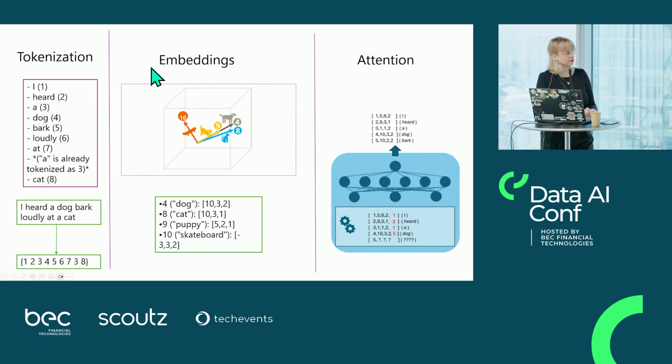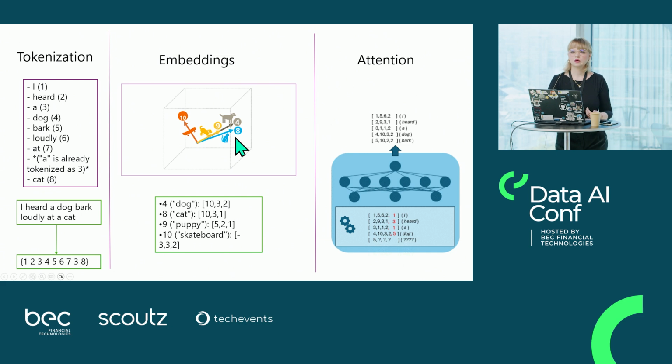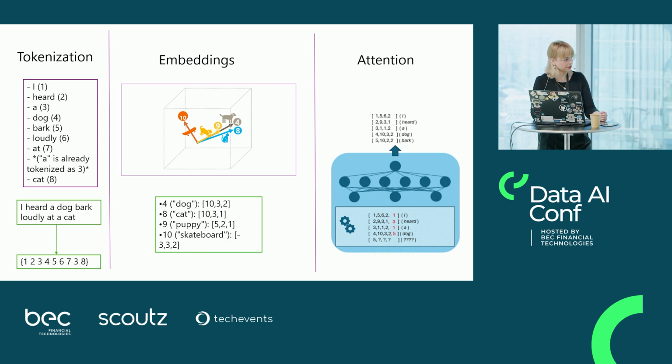We also have dense representations of the words, which we call embeddings. How we can think of that, if you are familiar with vector spaces from physics, for example, is that embeddings are vectors in a vector space. Based on how they are positioned in that vector space, it represents the meaning of the words. That was a very, very important breakthrough, to discover the first algorithms to obtain that. And the third mechanism is attention.